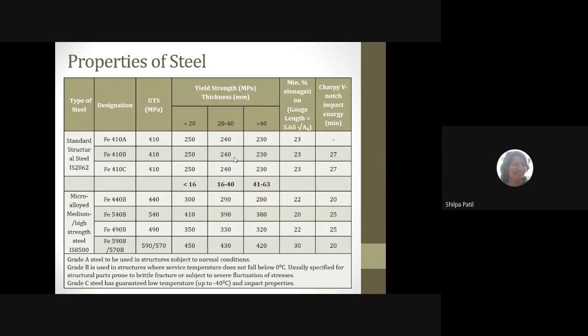Now for structural steel conforming to IS 2062, we have to use a steel whose yield strength is always 250. You can see here the values are 250 all the time. Why is there a change in the value? It is because of the change in the thickness of the section. So for different section thickness, the yield strength value changes a little bit. But practically in the design or calculation we always use the 250 value. So this is your Fy 250 value.